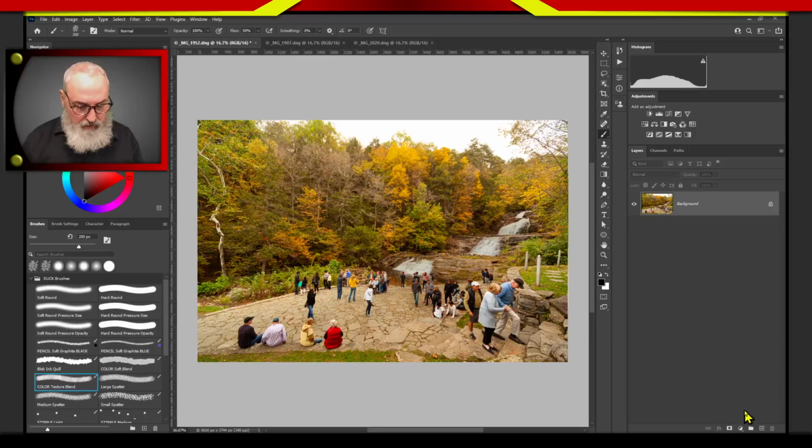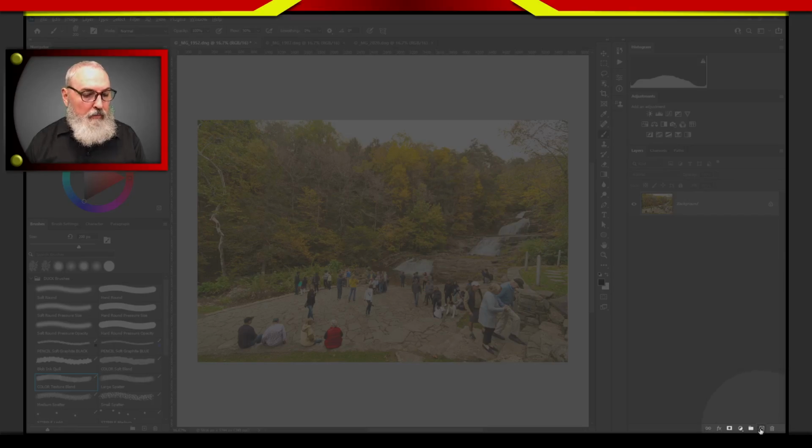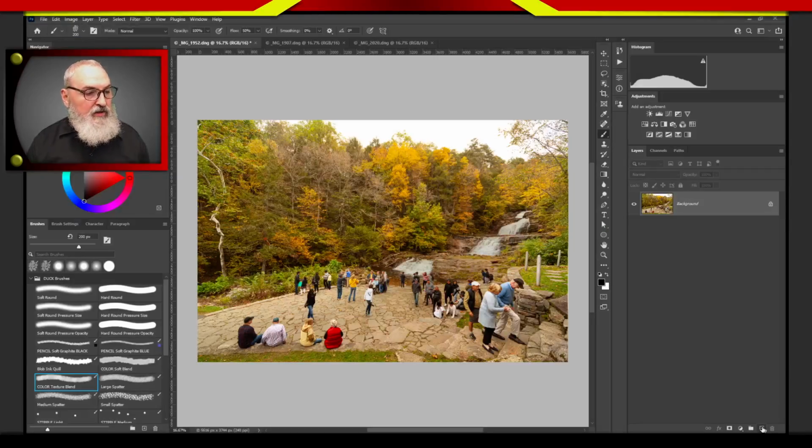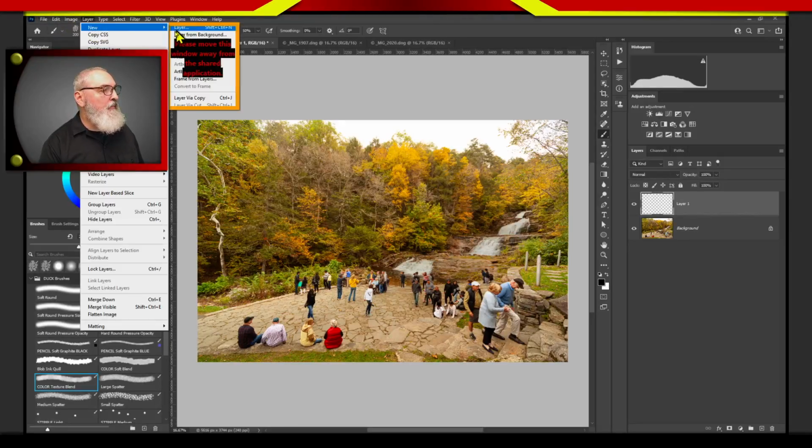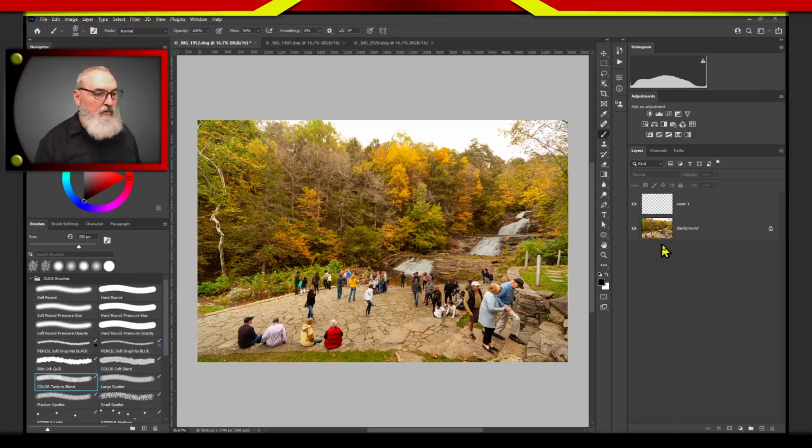We're going to come down to the bottom and create a blank layer. If we click on this little plus symbol on the bottom right hand side, it's just going to create a blank layer, or you can just go Layer, New Layer. Both things will give you the same thing. Now that we have a brand new layer on top,